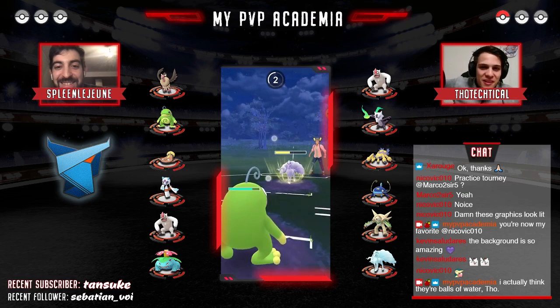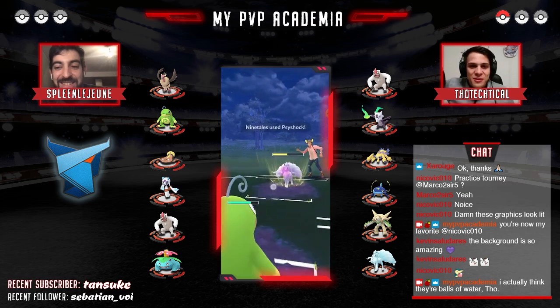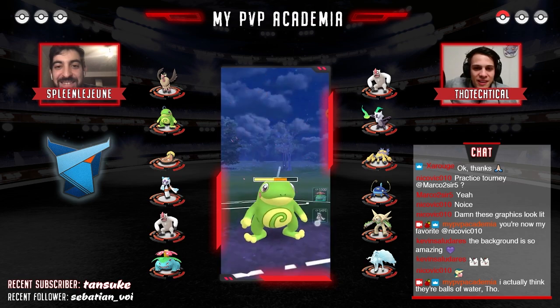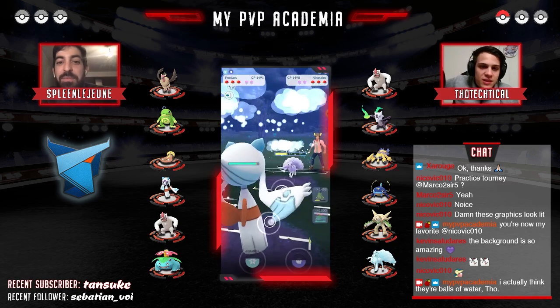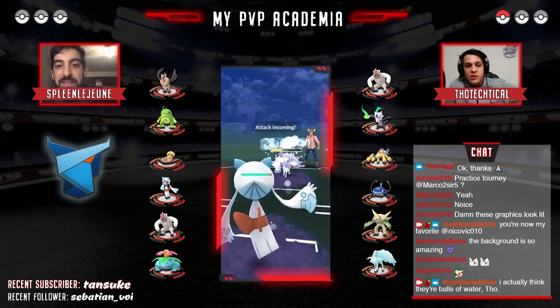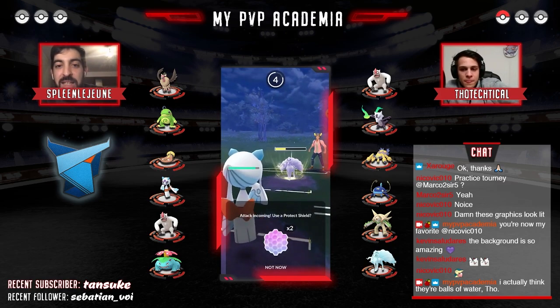Oh, balls of water in the chat. That is true. Marco has huge balls of water. And he's throwing them out right now with his Ninetales, and it's not saving it right now for the potential Marowak in the back. Exactly, taking